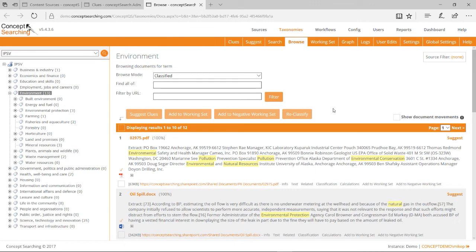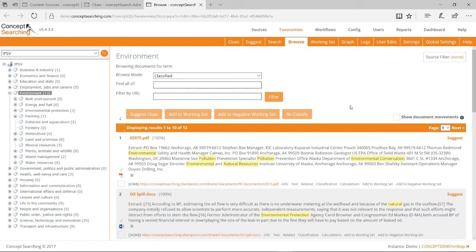And the browse interface allows us to see what content is being tagged against a particular source. The important thing about Taxonomy Manager is that it's designed to be used by knowledge owners, not just IT professionals. The point of this administration interface is to make it easy for a knowledge user to see why their content is being tagged against a particular term, and we have a number of ways that we can do this.